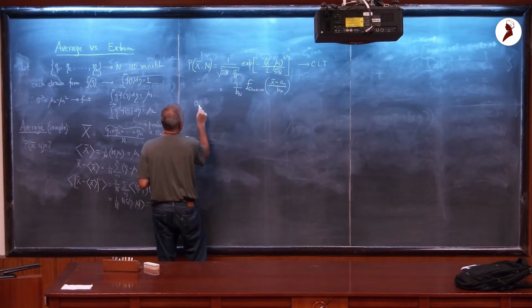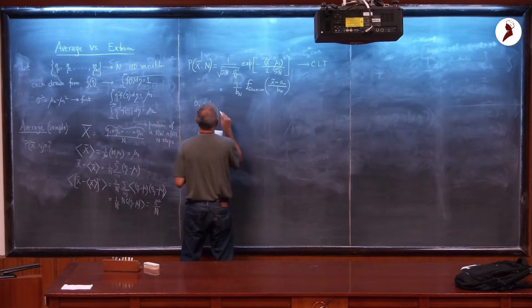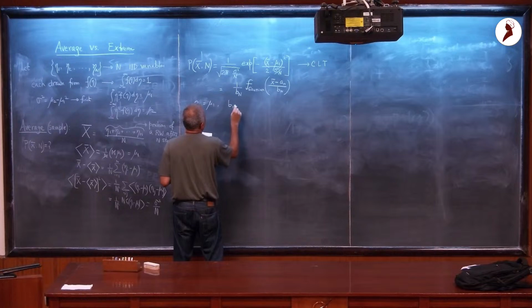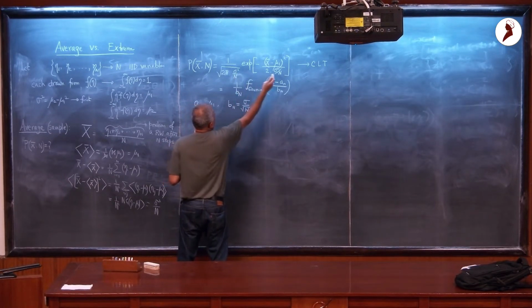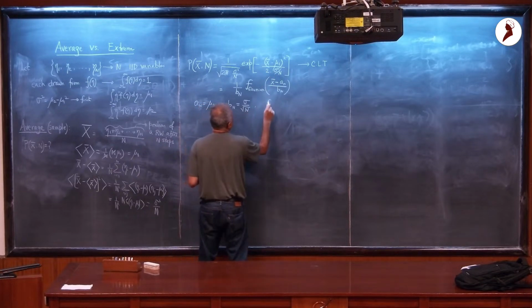So clearly an, these are just some constants. An is independent of n, it's just mu 1 from this. Bn is just sigma by square root of n. So it's this guy here, this guy there. But the scaling function